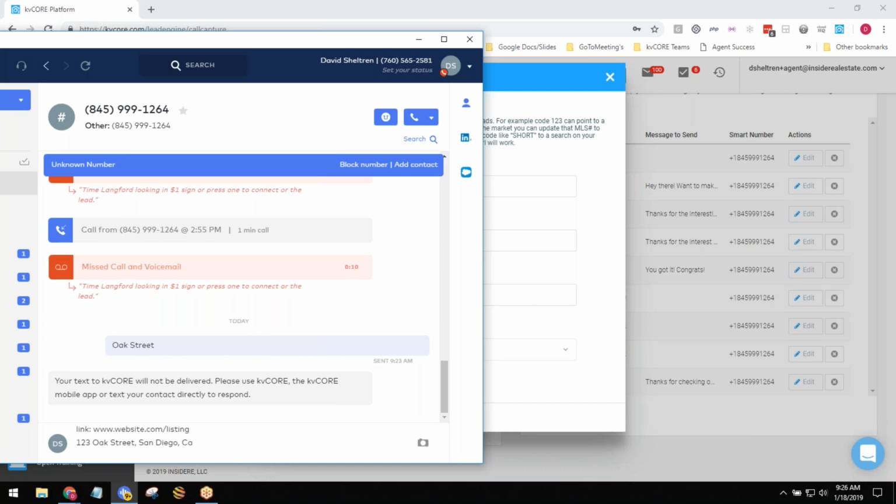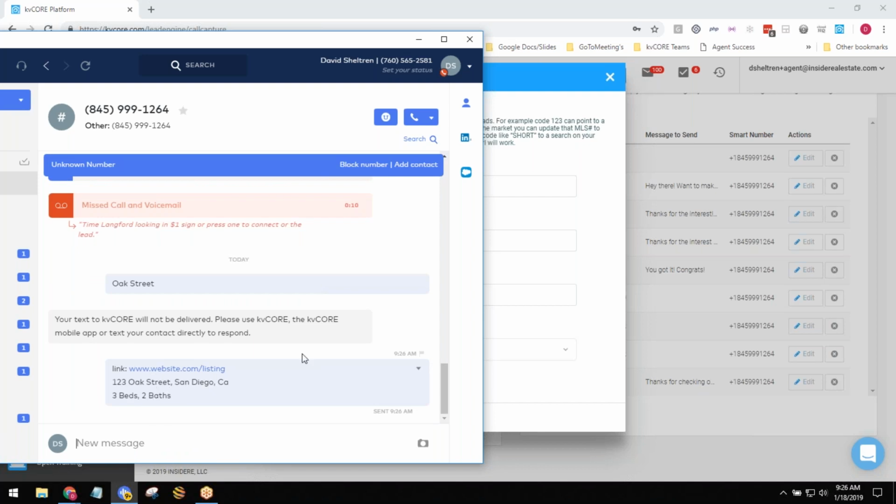Then right below that, it'll say beds and baths, so let's just say 3 beds, 2 baths. That's what it's going to send back if you use the MLS option. It's going to have a website link, the address to the listing, and the beds and baths for that property. So that's something to be on the lookout for if you were to use that.